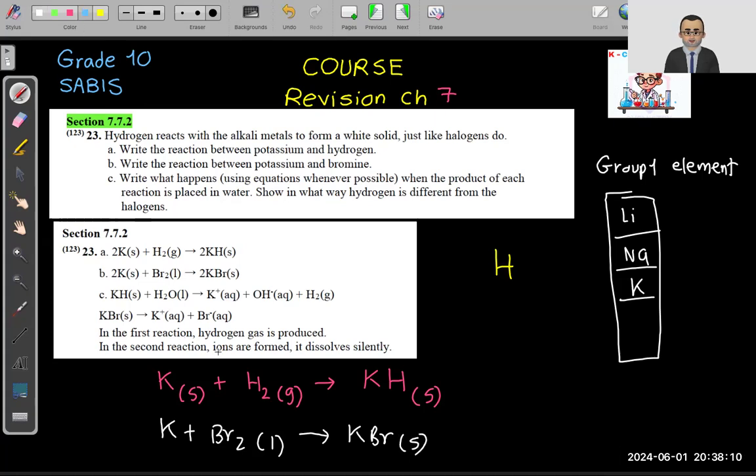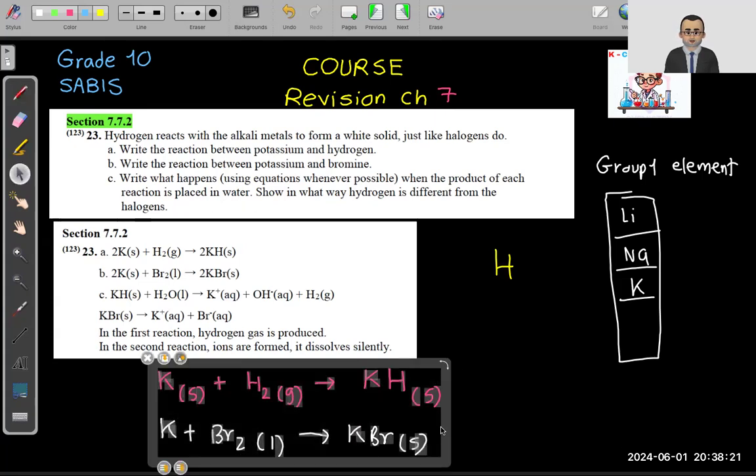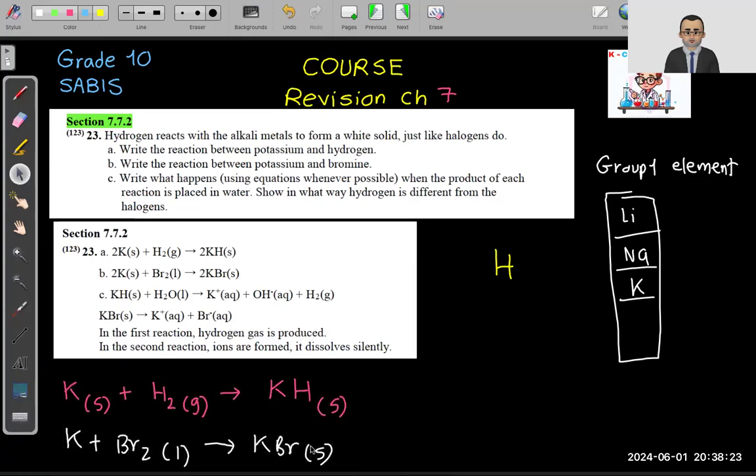Now, what if this KH that I have just formed reacted with water? This is what he is asking me, right? What happens when the product of each reaction is placed in water? The first reaction product is KH, and the second product is KBr. If you put KH, the second step, KH reacted with water, which is liquid, and this is solid. It will form